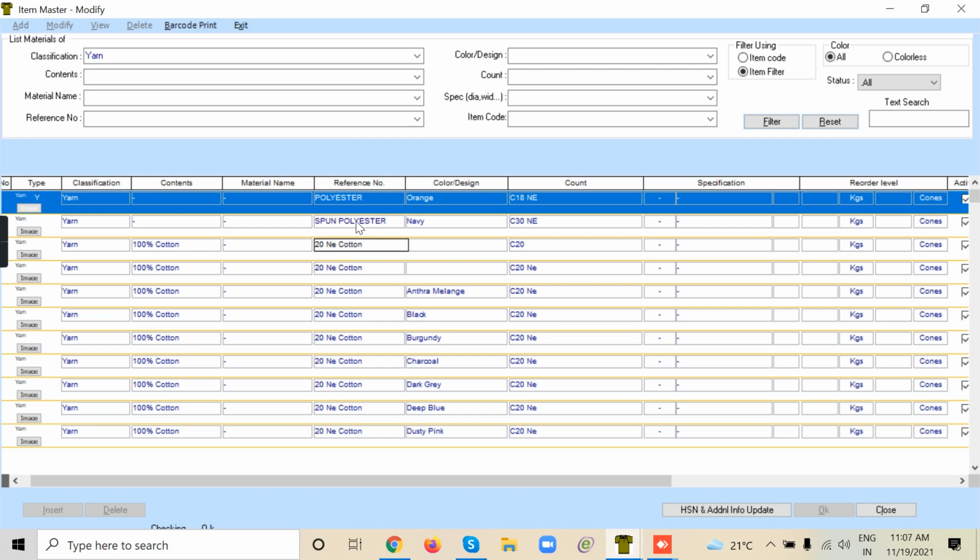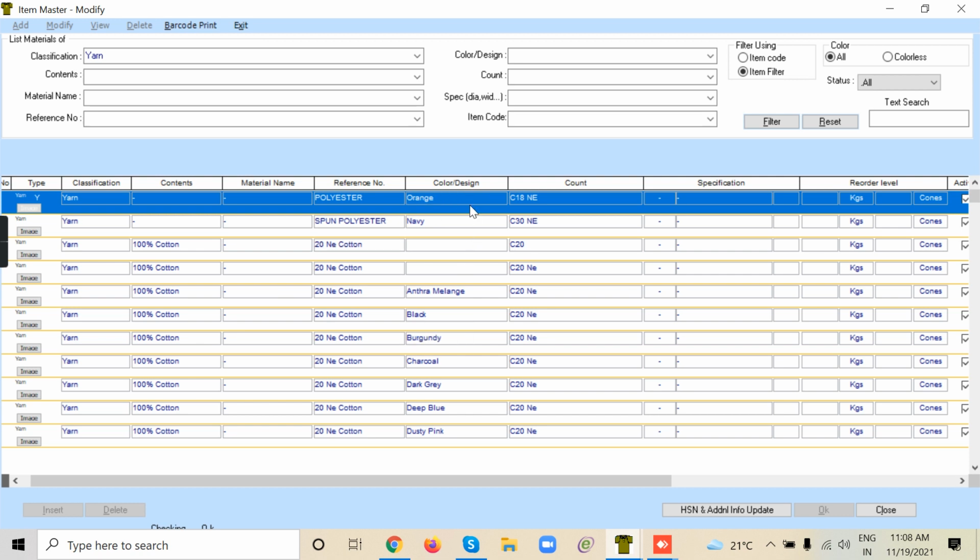This is, we have done it in the test DB. Maybe we have to move this into the material name when we do the live database. That's why I'm asking now, because the material name is there. So maybe whatever Excel that I had sent you, you can have a discussion with Mr. Ashish again and then redo that Excel and send it to me. Sure. Color or design number will come here.